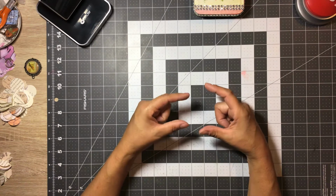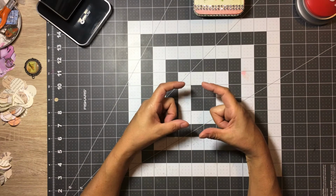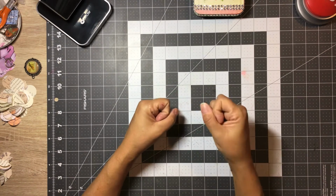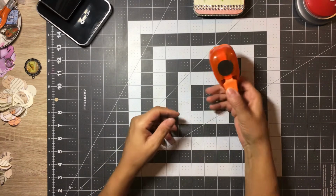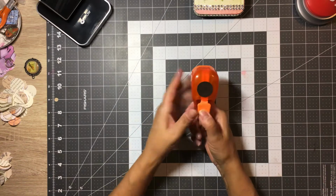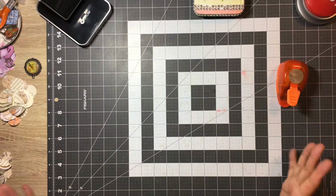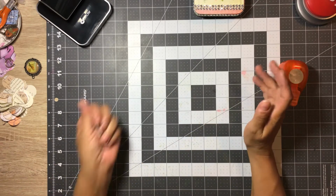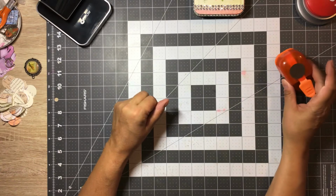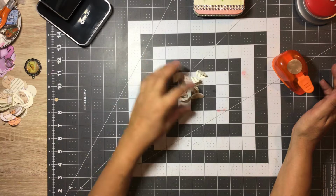I'm sure everyone's familiar with the whale tail stamp cutters like these, but they're shaped like a tab, and they're called whale tails, I believe. I don't have one of those, never had one of those, and from what I understand, they're discontinued and really hard to find, and I'm not going to go out and do a whole bunch of searching trying to find them. So this is my